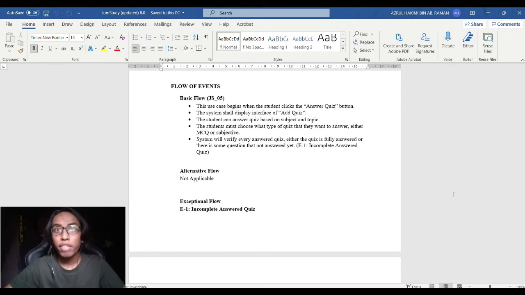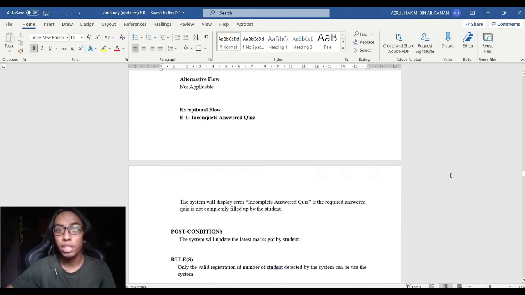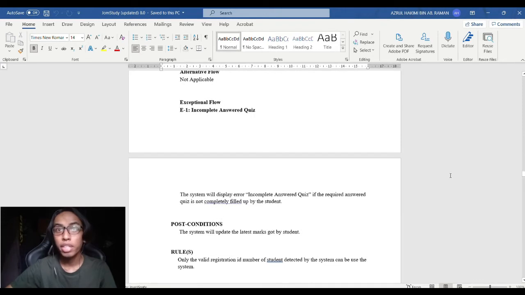System will verify every answer quiz. Either the quiz is fully answered or there are some questions that are not answered yet. E1 incomplete answered quiz. Alternate flow not applicable. Exceptional flow, E1 incomplete answer quiz. The system will display error: incomplete answer quiz if the required answer quiz is not completely filled up by the